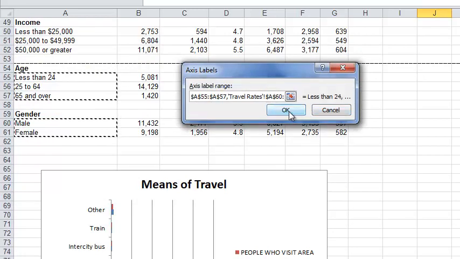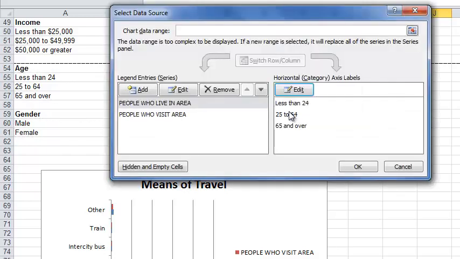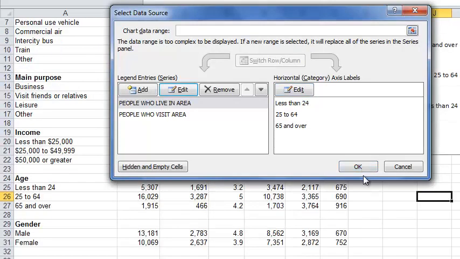Okay. I'm going to try this again. I'm not sure what I'm doing wrong. Just a second. Okay, it had to take a second and figure that out, but I know what I was doing wrong now. So I have to actually choose the data for the people who live in the area, and I want both